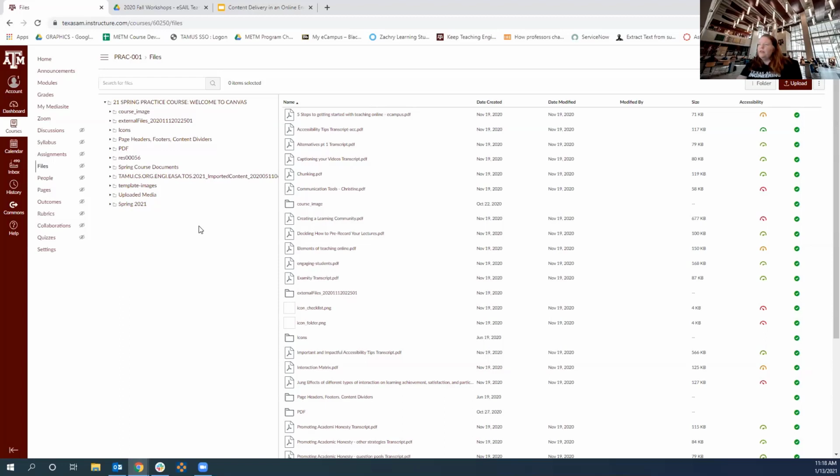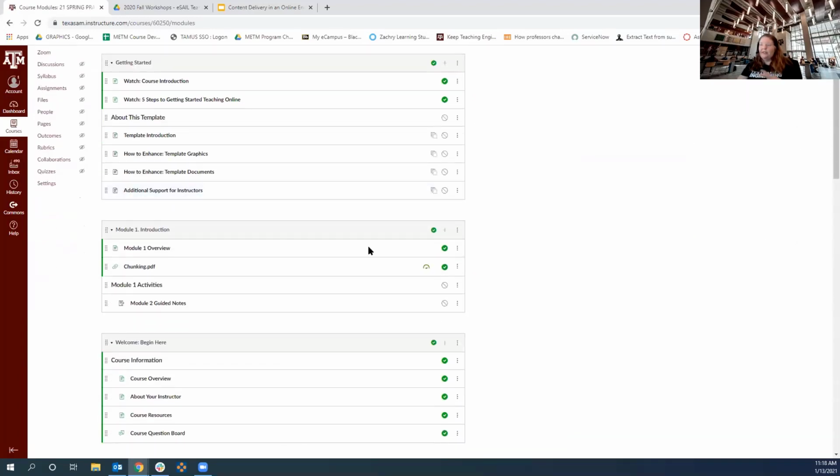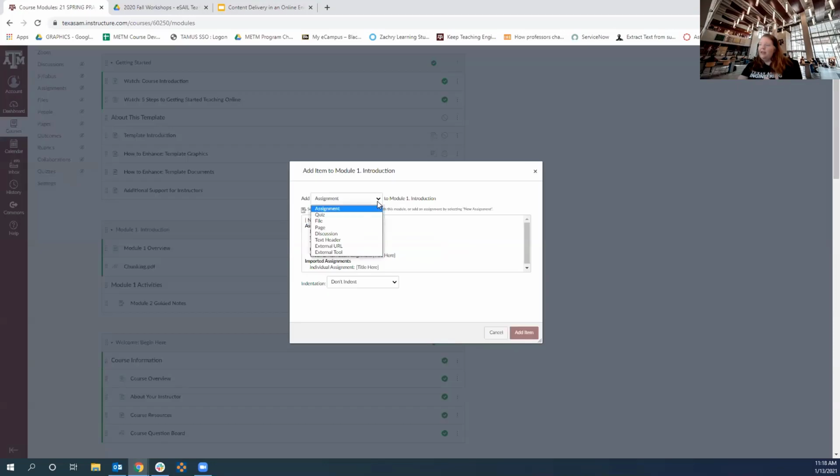So that's one thing to think about, your organization within your files area. You may do that first, and then when we go back to the module, you would actually see that structure instead of the mess that I have. So I'm going to hit plus, and you're still going to see the mess because I didn't add anything to that folder.